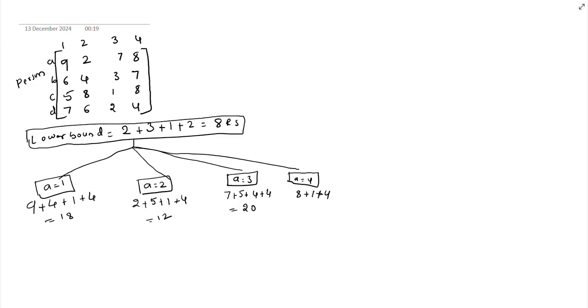Similarly, in the first column you check what is the minimum value in this? 5 is the minimum value, plus 5. So now you check it: 8 plus 1 is 9, 9 plus 4 is 13, 13 plus 5 is 18 here. So here the thing is, for the first person, which job is going to be assigned, so that we have